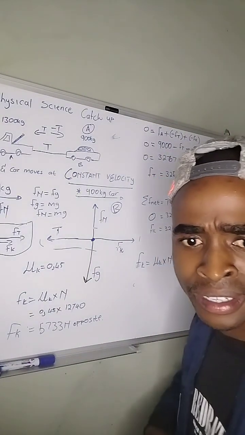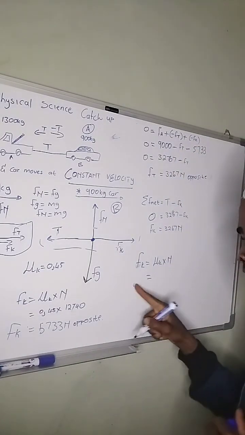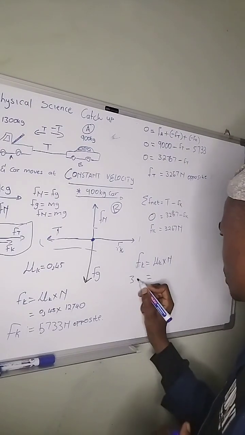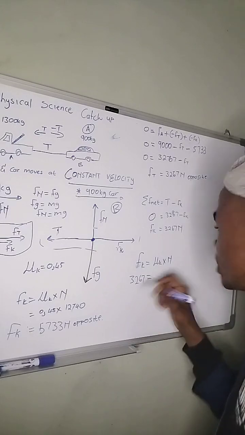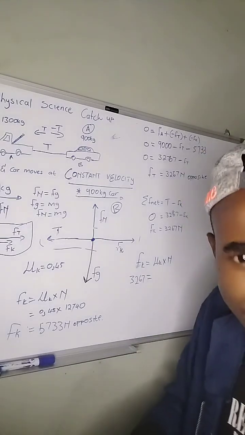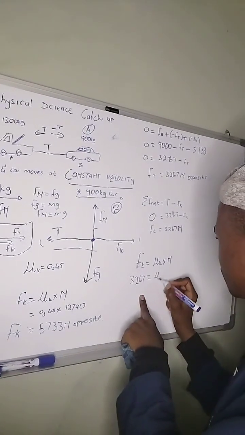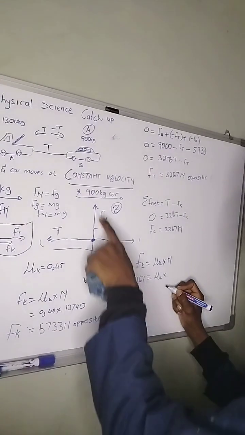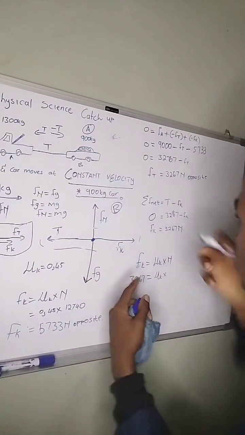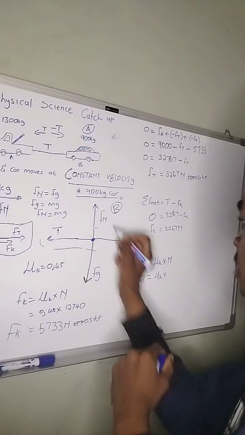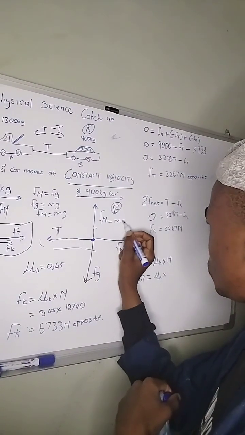Yes. So, what is the Fk? It's 3,267. Because basically we are done with this question. That's why I'm relaxing. You should relax, man. 3,267 is μk multiplied by the normal. How can we get normal? These two forces are equal to each other. And obviously this and that are equal. So in order for us to get normal, mg,